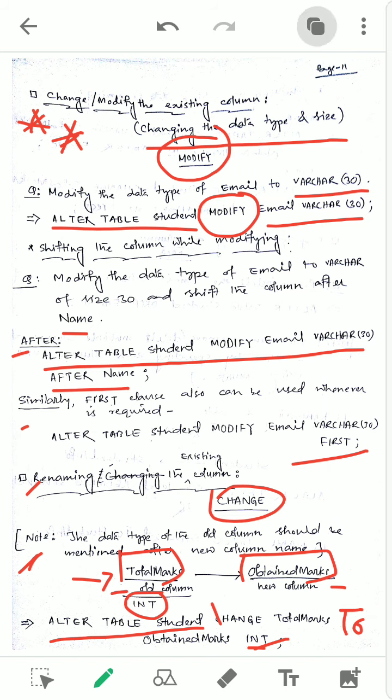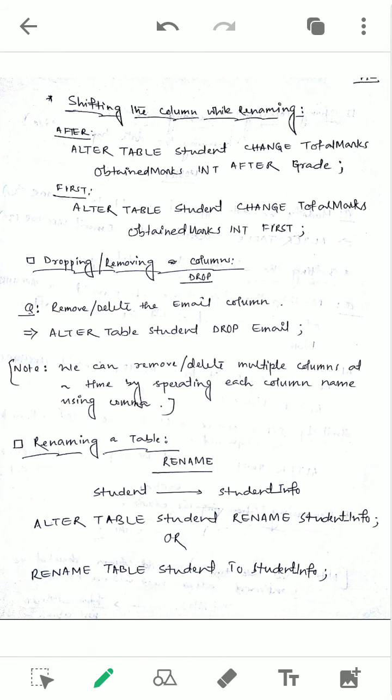Here also you can do the similar thing, shifting the column using after and first. Up to this much it's the same, and then if it is asked to shift after grade, you can do it, and first can also be used, similar to what we discussed previously, just you see once. The next topic,